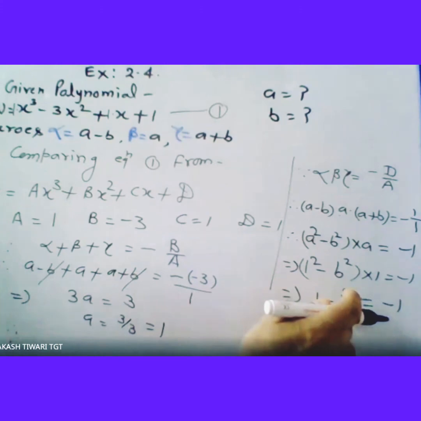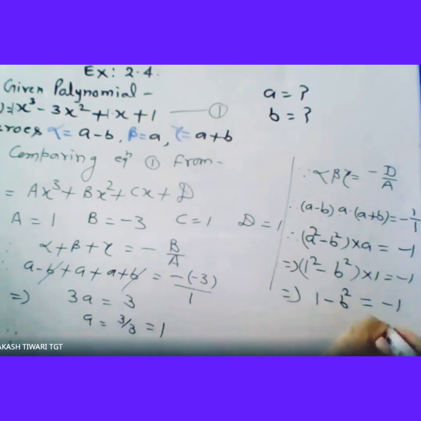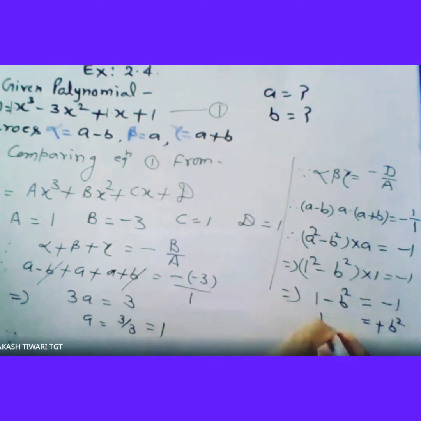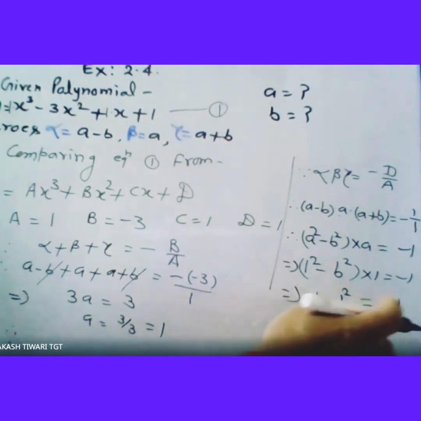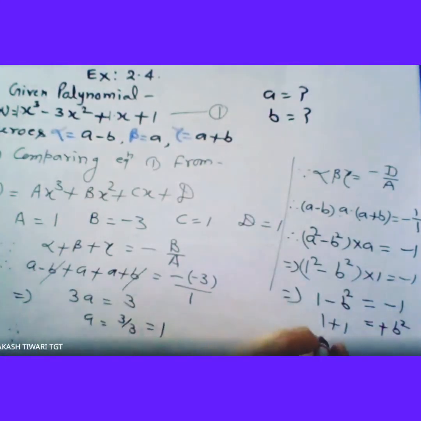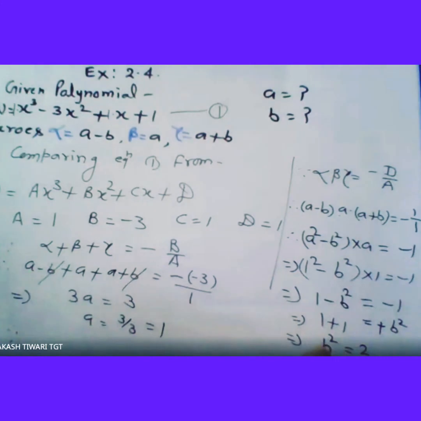Now you transpose this B square to right hand side. So this negative will be converted into the positive sign, that is B square positive. And minus 1 transpose to left side. So it will be 1 plus 1. This one is same to same. And transpose this minus 1 to left side, you will get this. 1 plus 1, dear, you know, 1 plus 1 means 2. So you can write this is B square equal to 2, and hence you will write here B equal to what? B equal to under root 2. So dear, you can say that B equal to under root 2. And it is correct that B equal to under root 2.